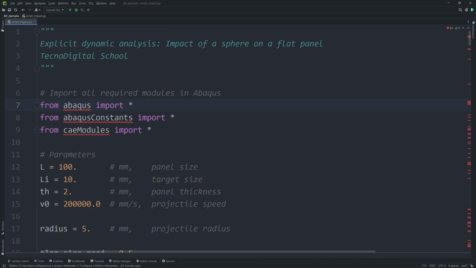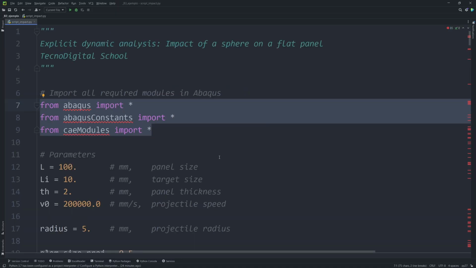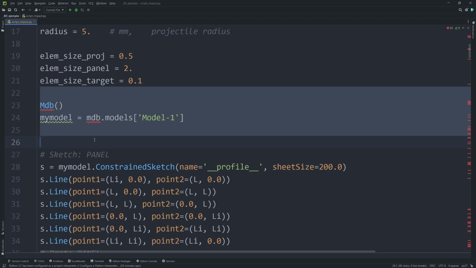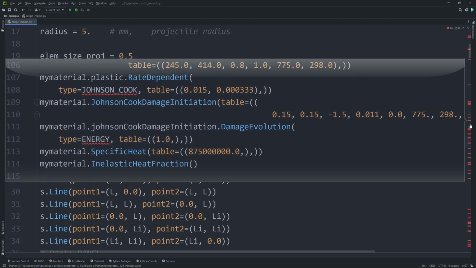I've been working with Python scripts in Abaqus for many years already, and I've always been annoyed by this. If you use a Python IDE like Visual Studio or PyCharm or any other, you will see this. You will see that the IDE is not able to recognize Abaqus modules, all of the Abaqus functions, objects, and so on. So we cannot really take advantage of a Python IDE because we will see errors all along our